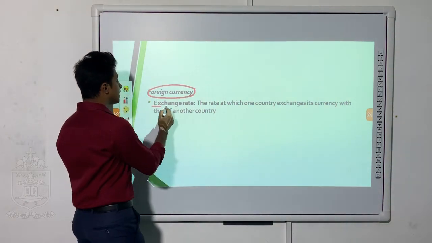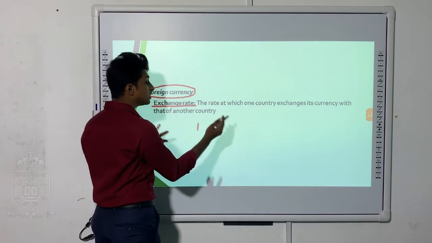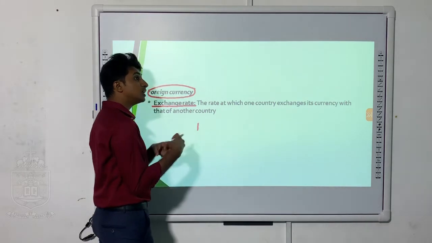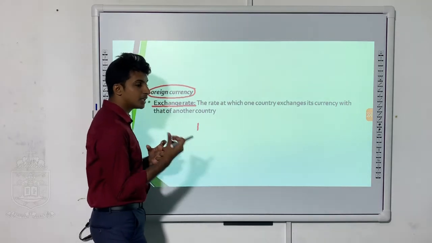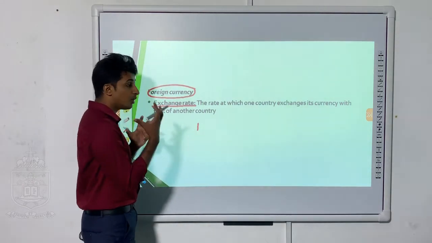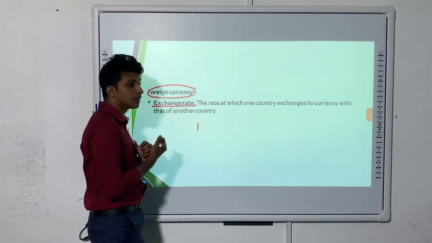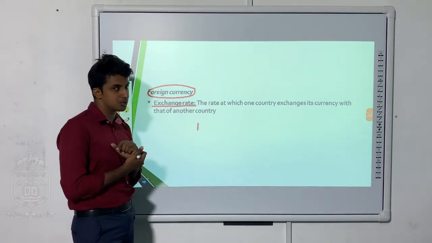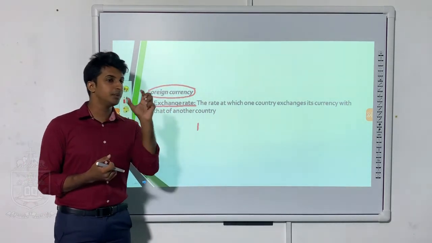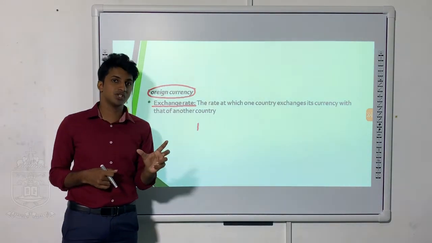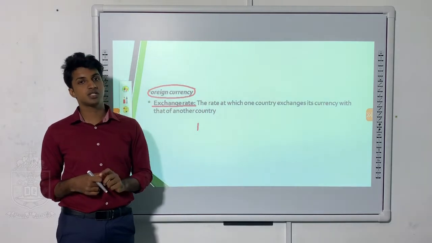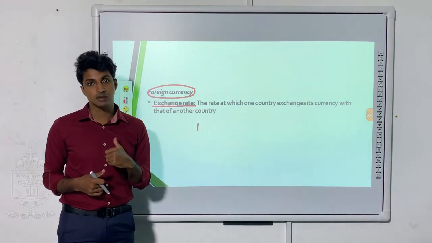That is, we are talking about the exchange rate. That means, 1 American dollar is how much in Sri Lankan rupees, or 1 sterling pound that is used in European countries, how much is it in Sri Lankan rupees. That is given to you in the exam, so don't worry. You can't study a perfect value. That will be given to you. Using that relationship, how we are going to do the conversions is what we will learn under this lesson.